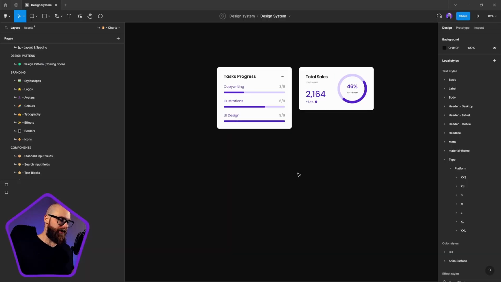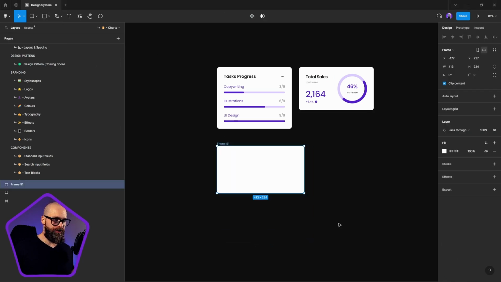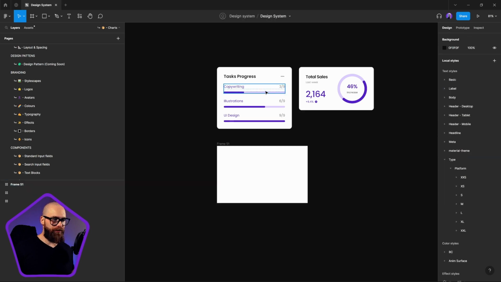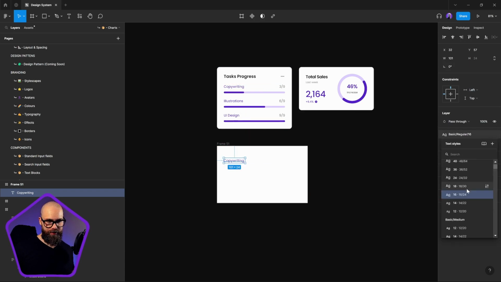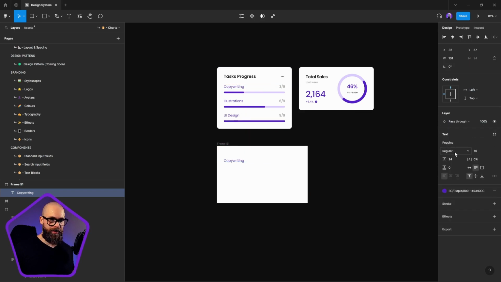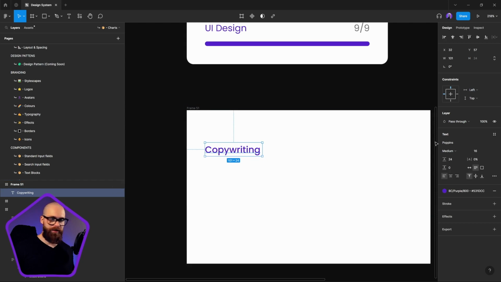Alright, here we are inside of Figma. Let's create our loading bars. So I'm going to create my section first by grabbing a frame. We're just going to draw out our frame. I'll create a bar that's very similar to what these bars are at the top. I'm going to grab my text block, just pick, let's say, a nice medium. And let's just call this my